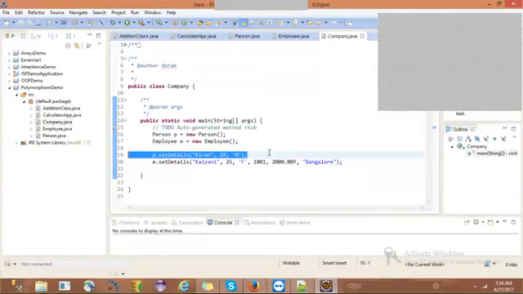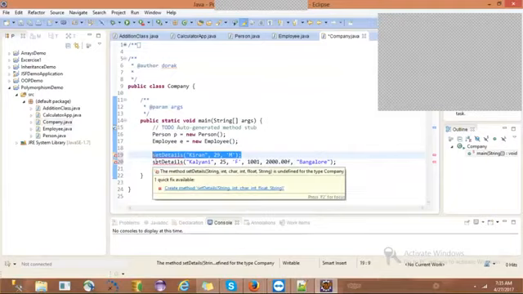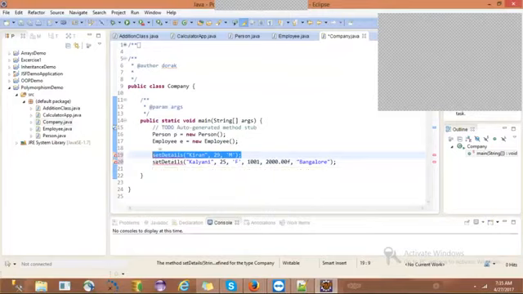Because of P. But what is the thing that we need to observe? Assume that if I remove this, now in this, because of 3 parameters. If I don't write the person or P or E, simply if I write like this, how many arguments am I passing here? 3 arguments. Where do we have the 3 arguments matching parameters method?